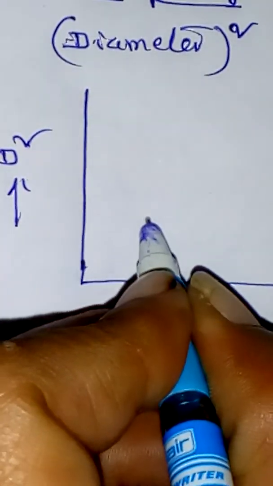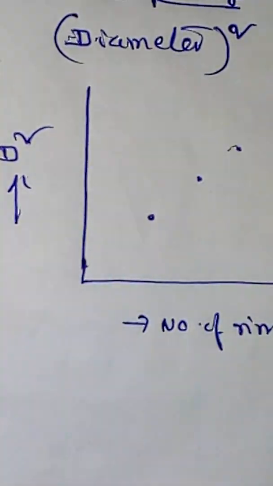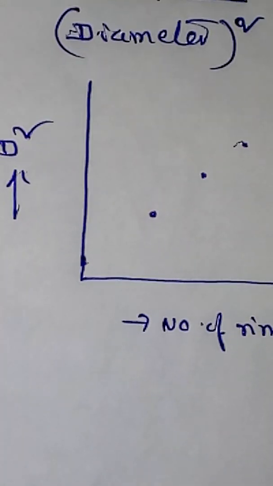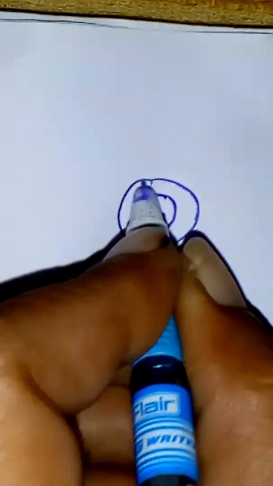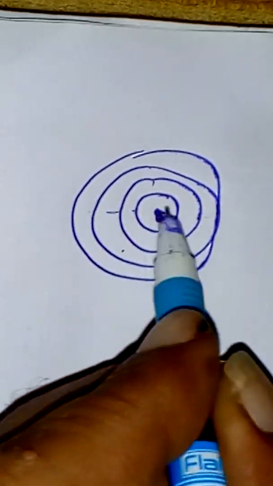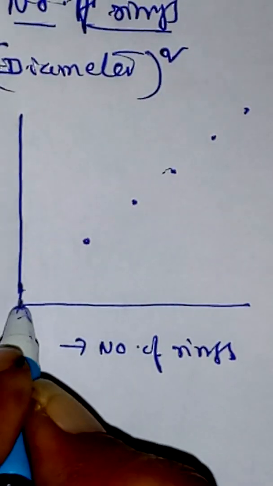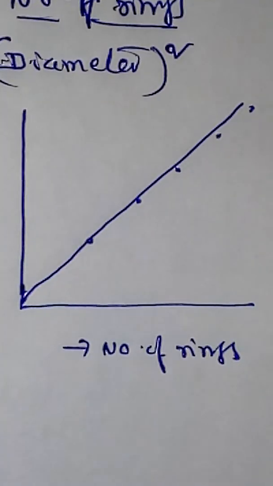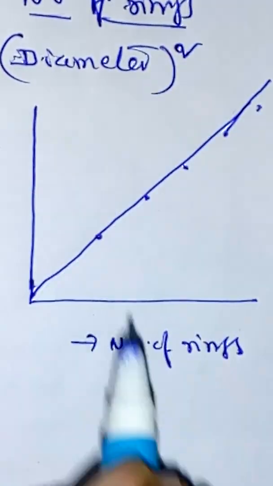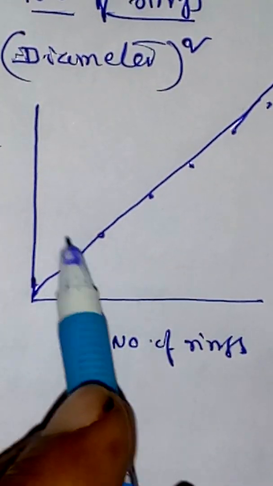Now you find a straight line passing through the origin. You know why? See, your rings are formed like this. Right? So wherever you take, the diameter is constant, no? Therefore, any ring you take, you will obtain a graph passing through the origin. Some points may tally, some points may not tally, but the majority of points try to lie on the same line. So whenever you get a straight line passing through the origin, it means the values are constant.